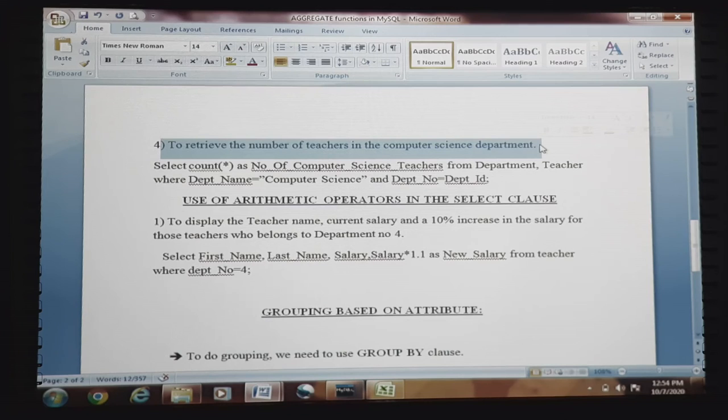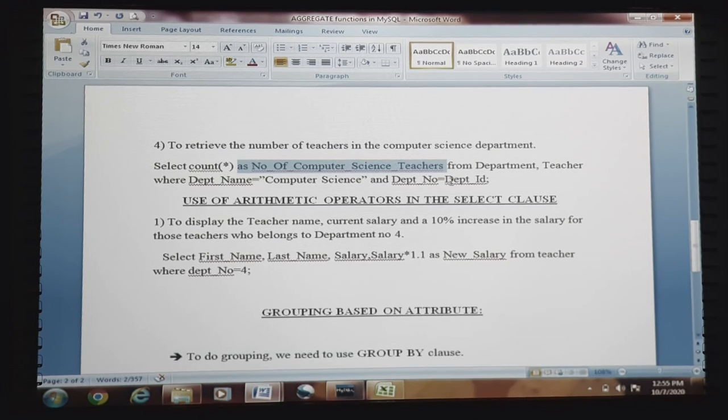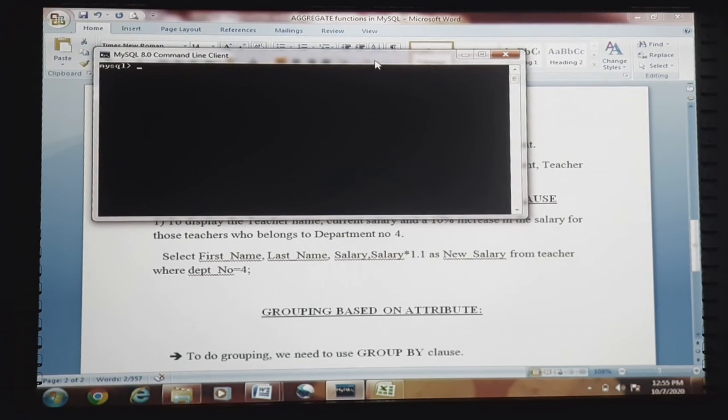The query is: select count as number of teachers, using the count function and an alias to create a new attribute, from department, teacher, where department name equal to this and department number equal to department ID. So let us see how it can be achieved after executing the query.